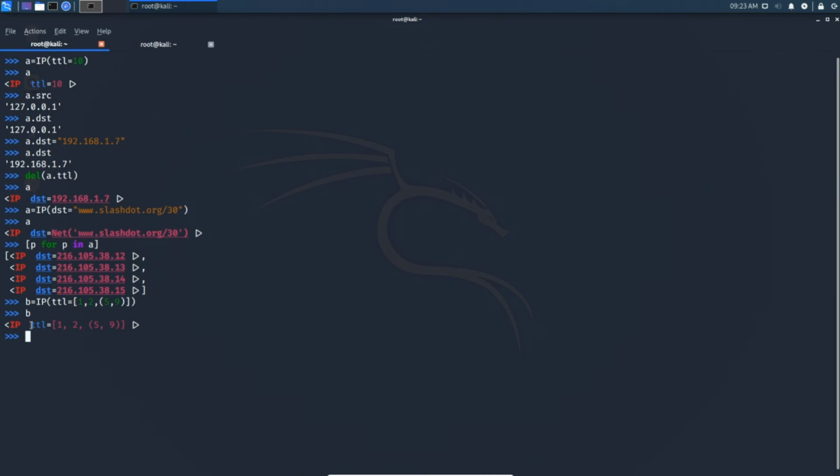So that is the actual value. And if you want to create the packets, you can do this, for P in B. So these are the TTL values. This means list comprehension.